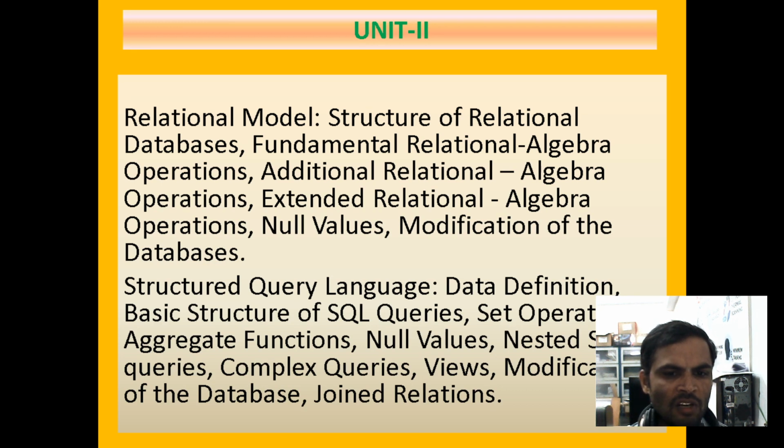Next, you already learned about the DDL, data definition language. Then the basic structure of an SQL query. How do we write the SQL query? Under the SQL query, we have the basic structure for retrieving data. First we have the select statement. Under the select statement, we are projecting with the help of columns. If you are not projecting specific columns, we can use the projection operator with the star symbol. Then we have the from clause. Under the from clause, you specify from which table you are retrieving the data.